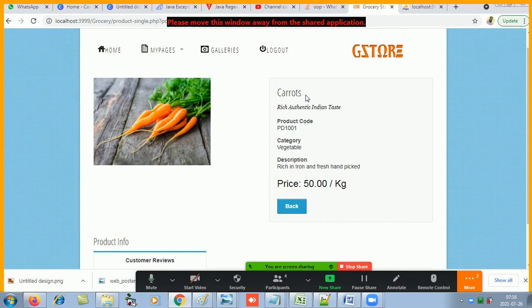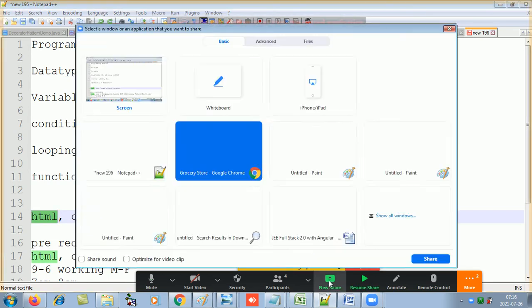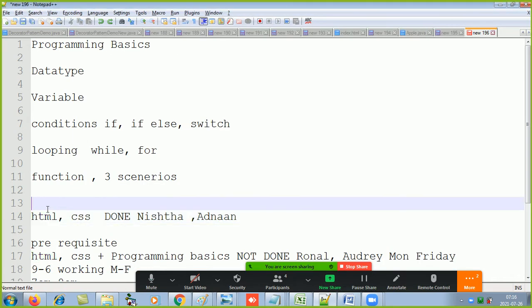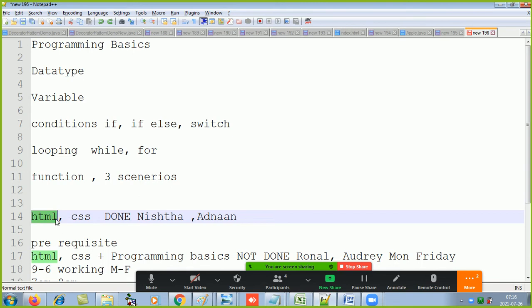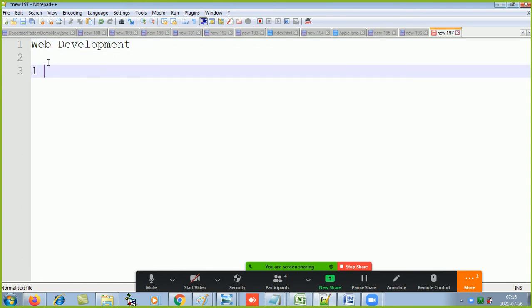HTML is not a programming language. The very first thing which we will learn in web development is HTML.